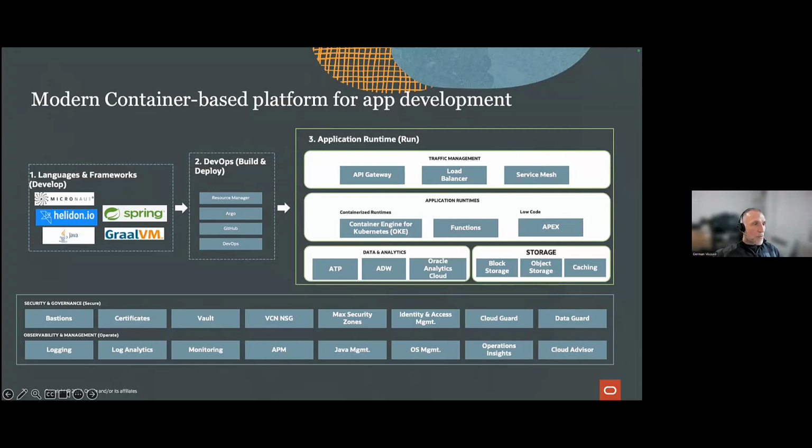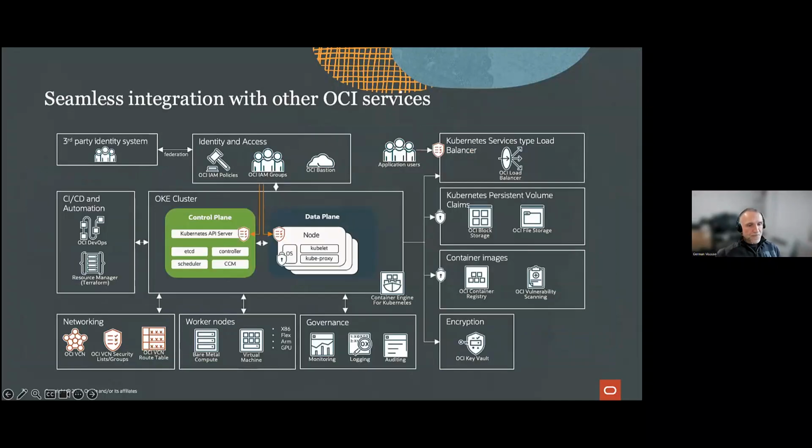Note that if you take a look at the bottom of the slide, there's also a big presence of security-related elements and observability. Observability is one of the things that I'm focusing on these days, and we'll take a brief look at observability in a setup like this in a few slides. This is just to set the context of the kind of platform that we are talking about. Now, you can of course use OCI to materialize this architecture, because with OCI you not only get the infra, but also all the associated tools and frameworks, etc.